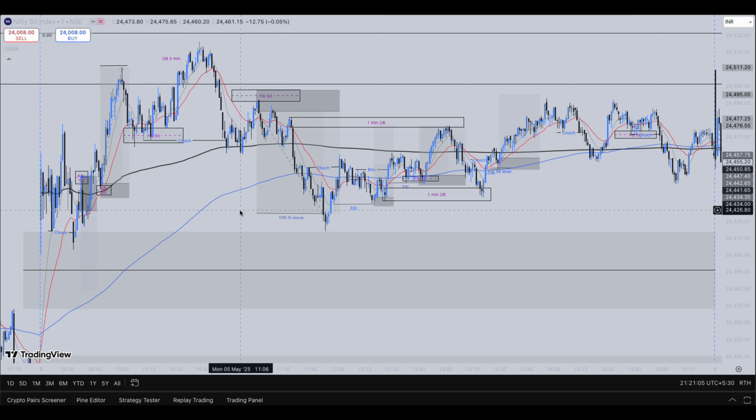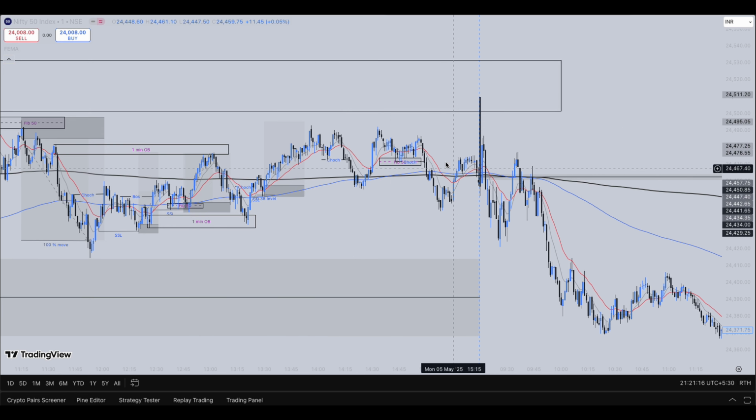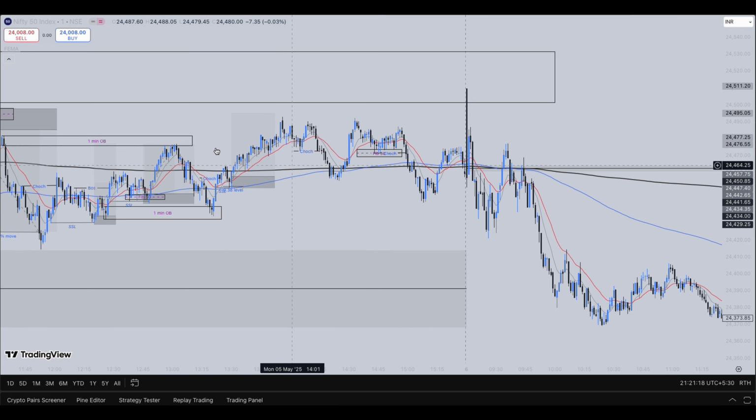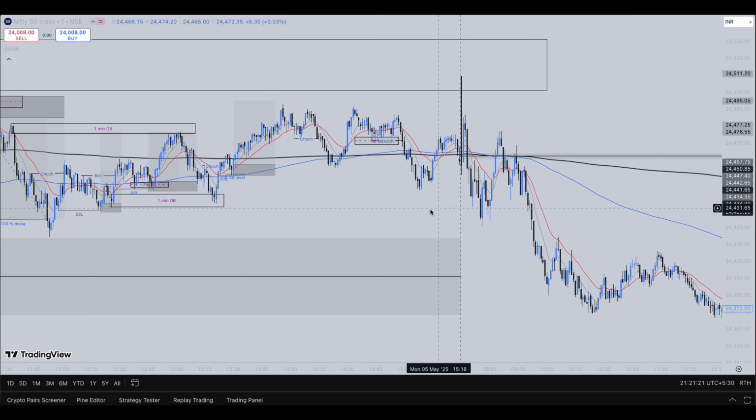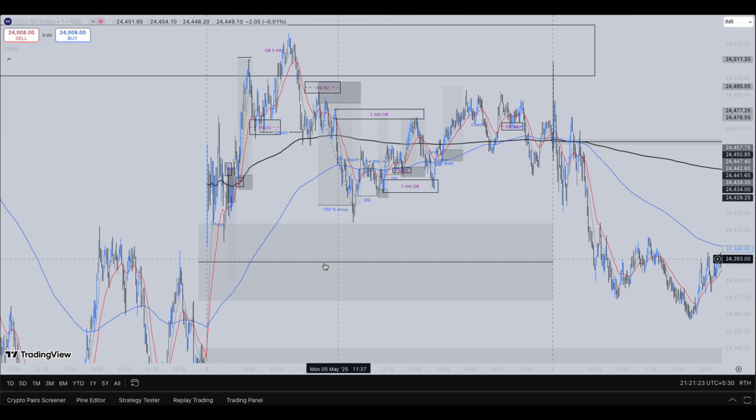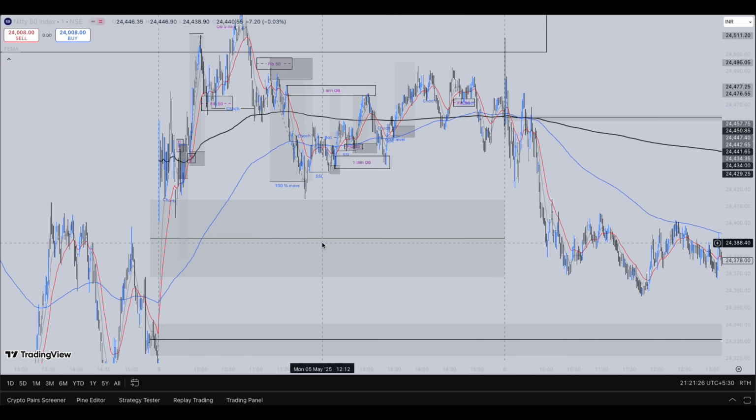So this is a clear SL hunt, and we can see you could have accepted this loss and further entered your long position, another short position, another long position. And you can see the market consolidating between these ranges only. This is on Monday, guys, and you can see the whole day the market is trading above the pivot levels,